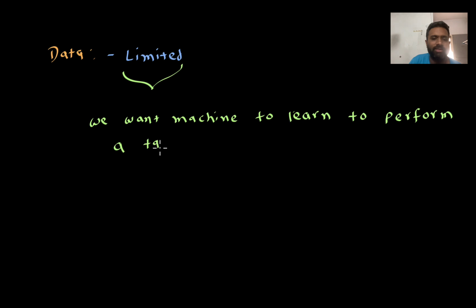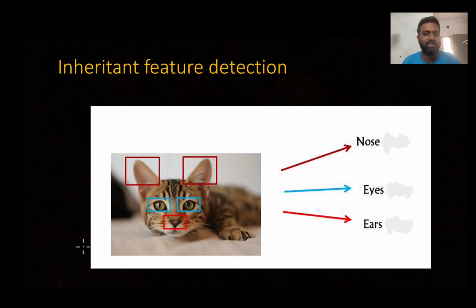So that is a setting we have. Let's say we want a machine to perform a simple task: given an image, identify whether it is a cat or not. How will a human identify it? It will say that there are certain ears, certain eyes, certain nose. Of course, these are not sufficient. It will see the shape of the nose, texture of the nose, texture of the eyes, ears, shape of the animal, all those things. It will try to recognize it